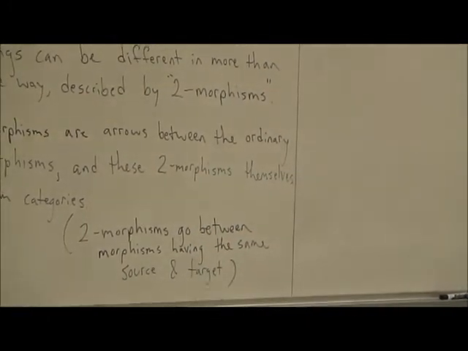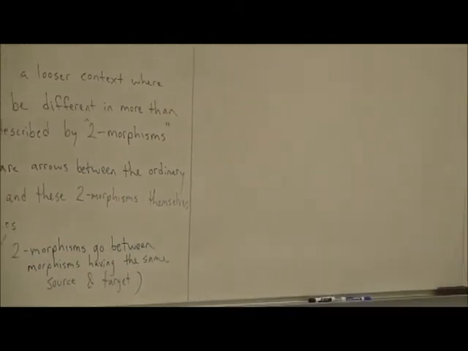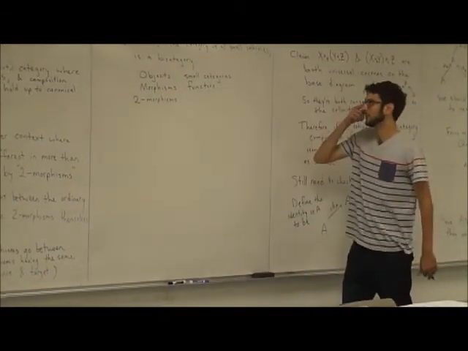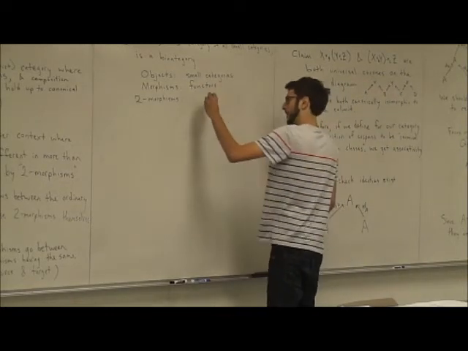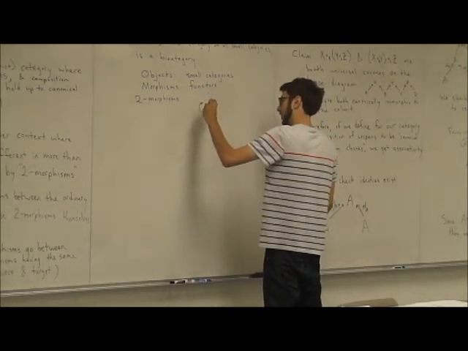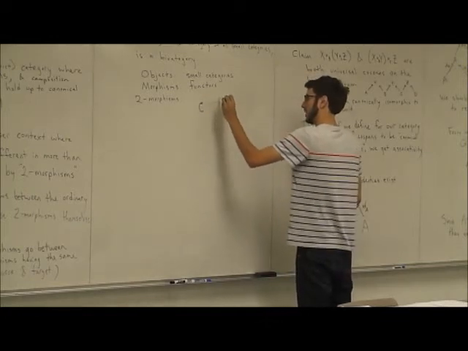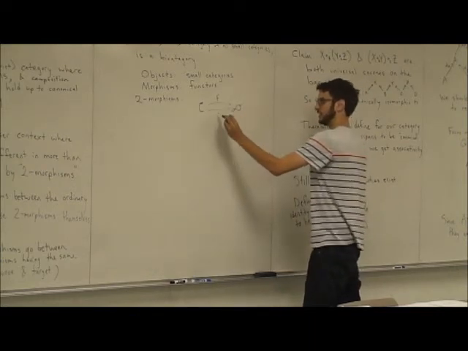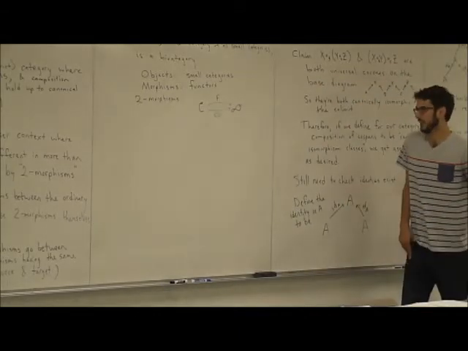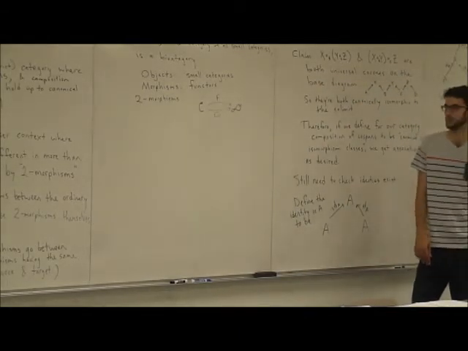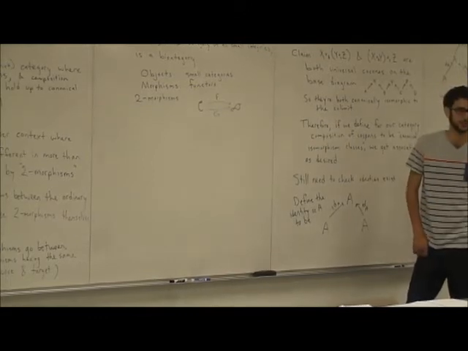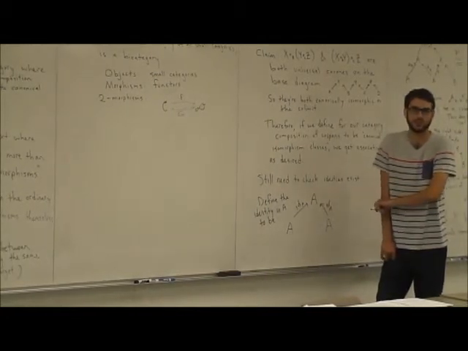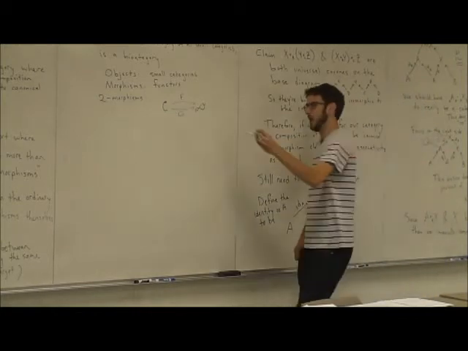Yeah, I wonder if anybody's ever studied a more general sort of thing where there are arrows going between random morphisms that don't have the same source and target. That would be a weird thing. But okay, let's say you've got one category and a functor going to another category, and you've got a second functor. Anybody know what kind of thing can pass between two functors having the same source and target categories? So I don't think John has actually brought these up in our seminar yet. No. Okay, so